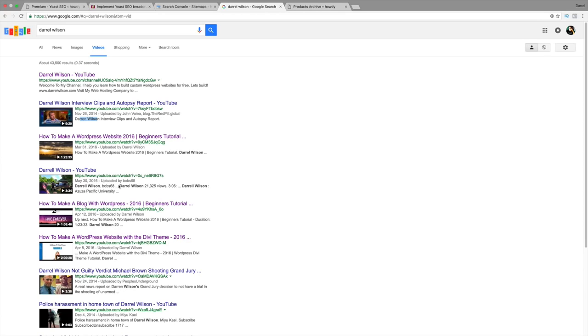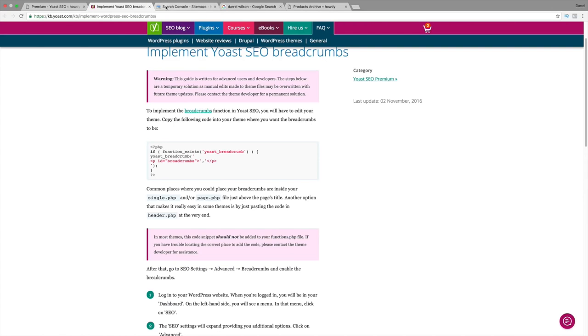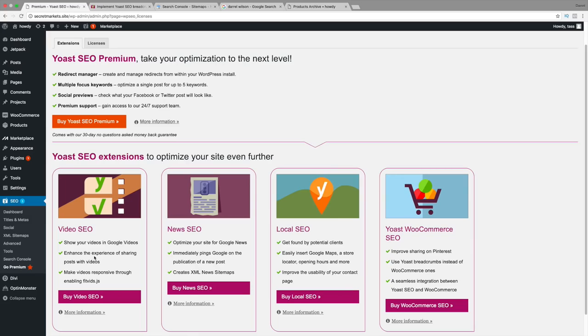So this feature right here for Yoast will actually help your video SEO. If you are a blogger, this will create news sitemaps for your website. And for local SEO, guys, if you're doing local SEO or WooCommerce, I would almost say it's a requirement,